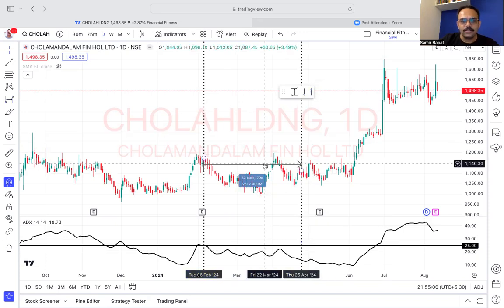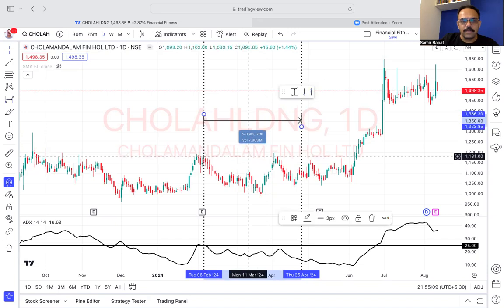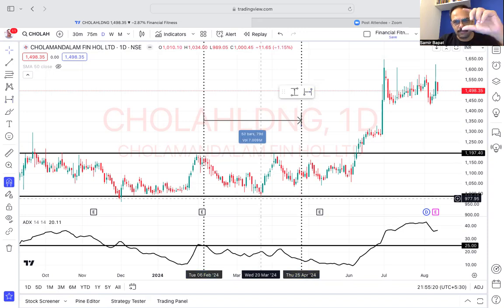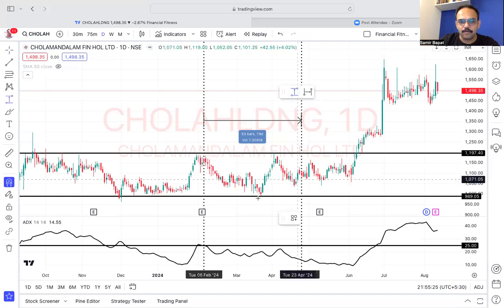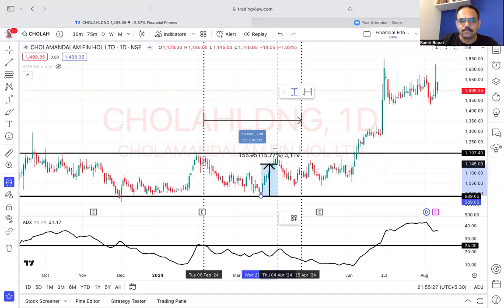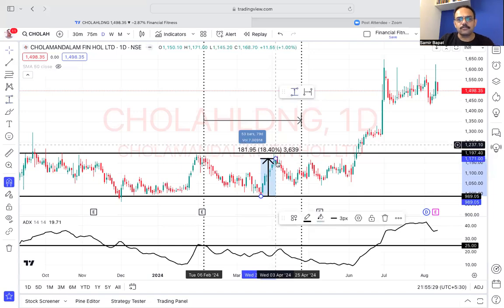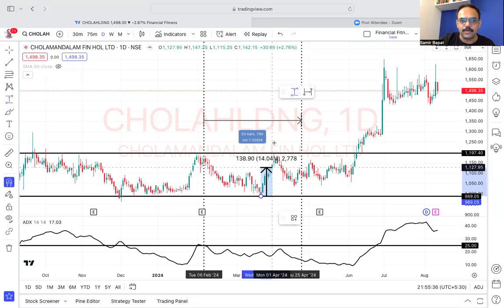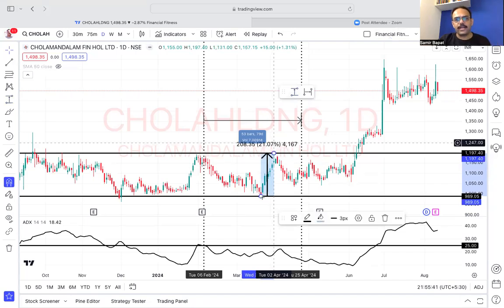So what we do is we take the highest point here in the 52 days, उस पे एक लाइन मारेंगे. We take the lowest point in 52 days, उस पे एक लाइन मारेंगे. We'll measure the gap between the two, from the lowest point to the highest point. Lowest point से लेके highest point तक का कितना movement है इसका? 208 points. We will keep it on the top